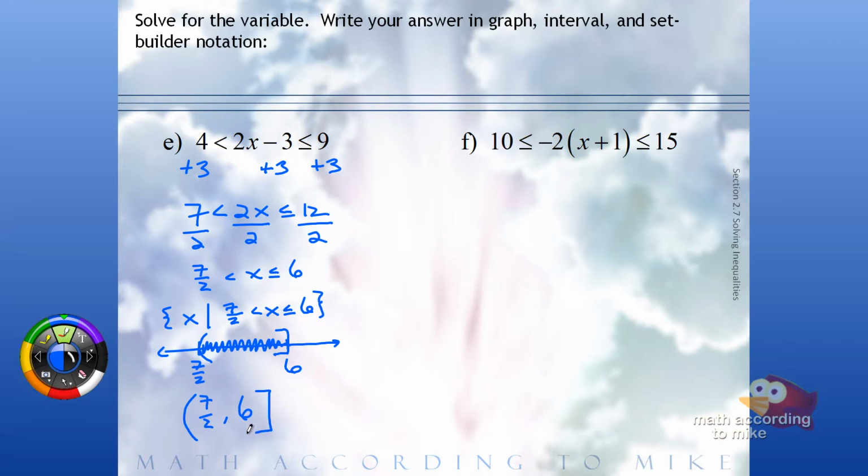Now, unfortunately for F, we're going to have a little bit more fun with this one. We'll first distribute that negative 2 through. And again, working outside in, we'll add 2 to take care of the constant first. And now we'll divide everything by negative 2, but